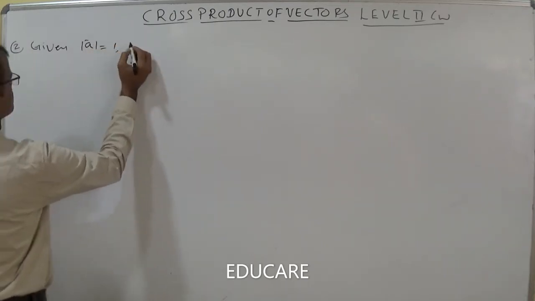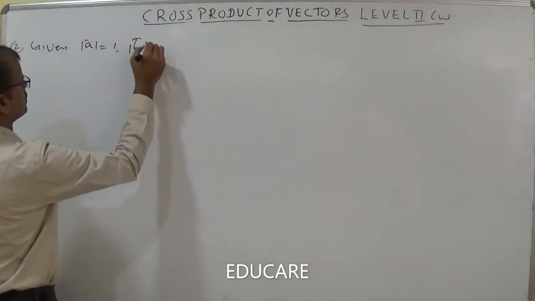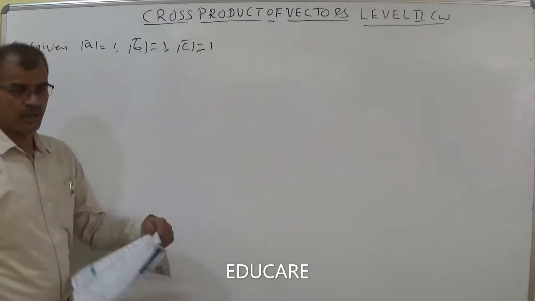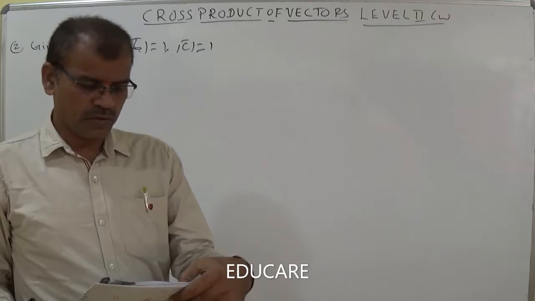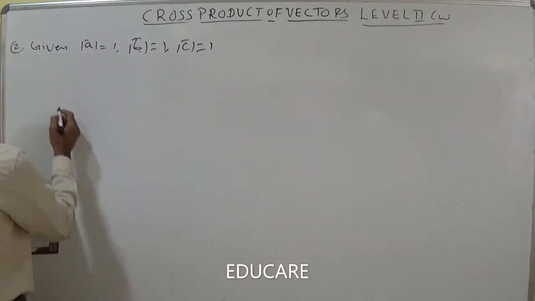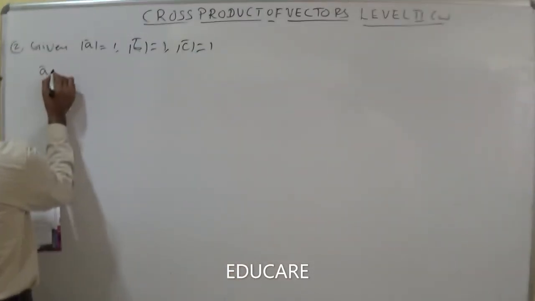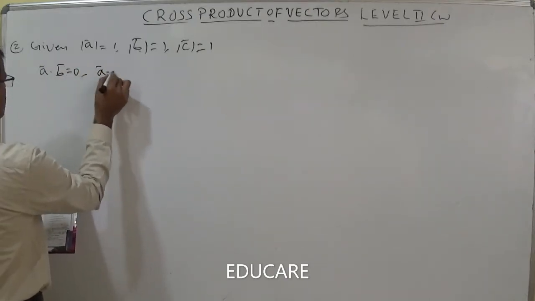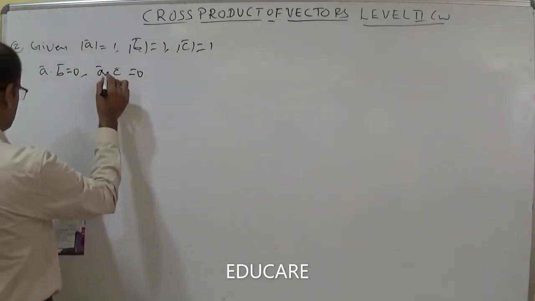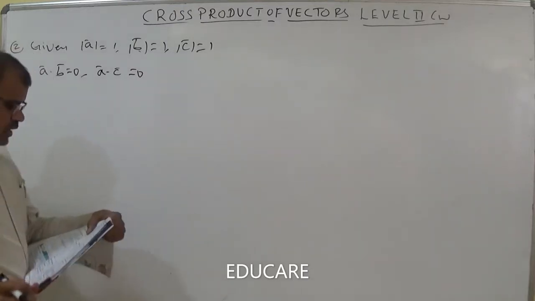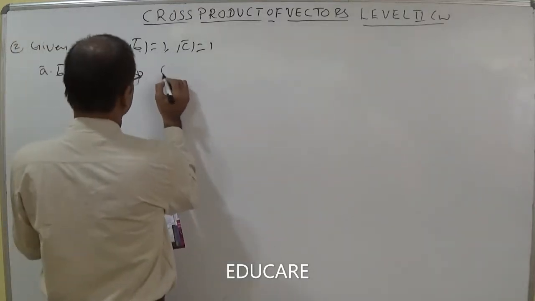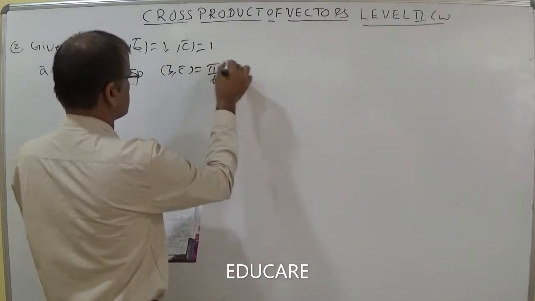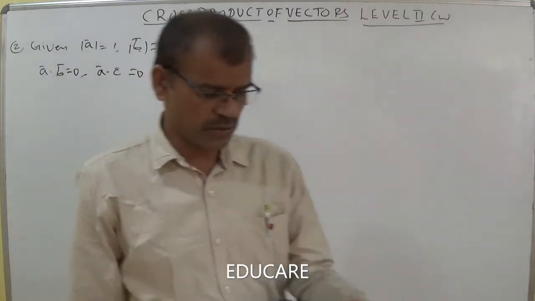So mod A is equal to 1, mod B is equal to 1, mod C is equal to 1. A bar dot B bar equal to A bar dot C bar. A bar dot B bar is equal to 0, given, and A bar dot C bar is also 0, and the angle between B and C is pi by 6. The angle between the two vectors B bar and C bar is pi by 6, and